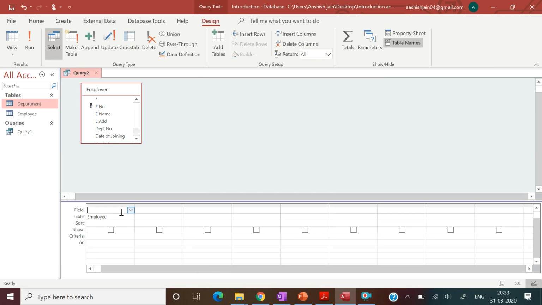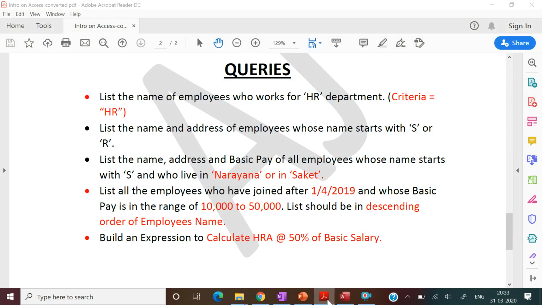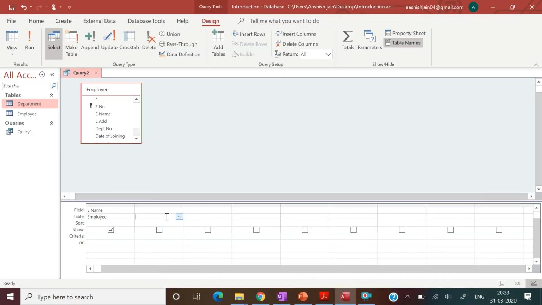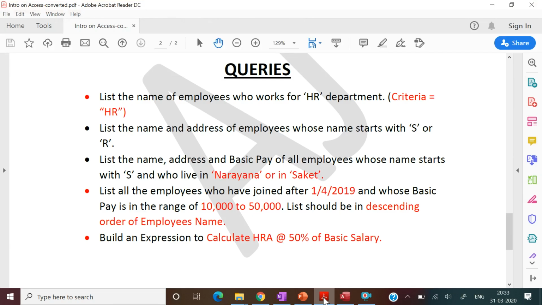Go to table employee. First we need the employee name, sorry, and address. So again we go to the employee table and the address.